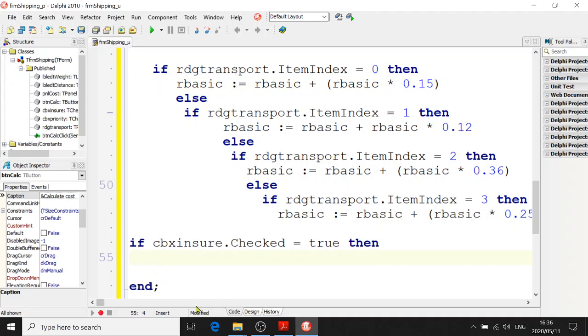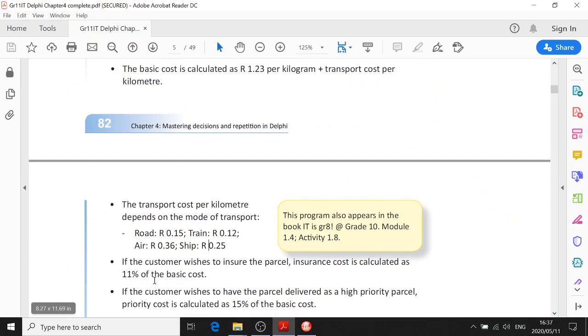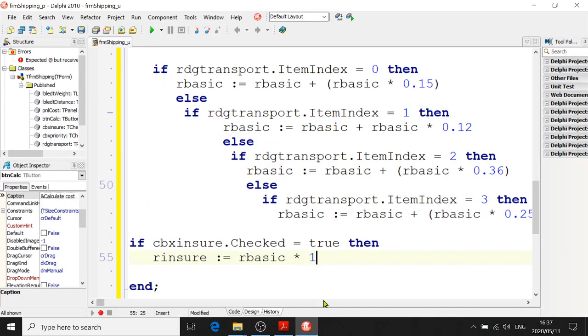If CBX insure dot checked equals true, then we're going to calculate our insurance. Our insure equals R basic, okay, times by, how much is the insurance? 11%. 11 divided by 100. And then we're going to do the other one